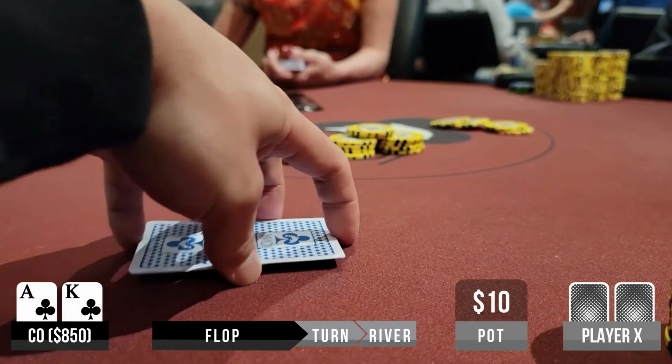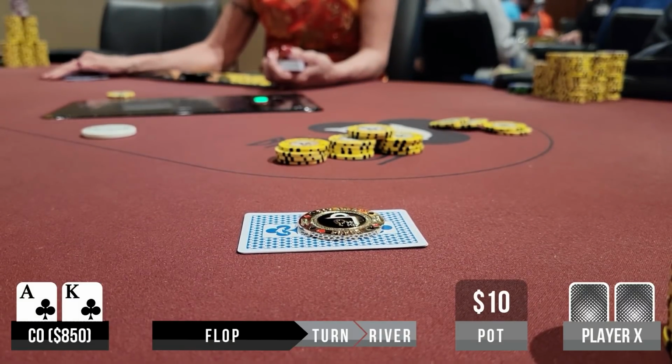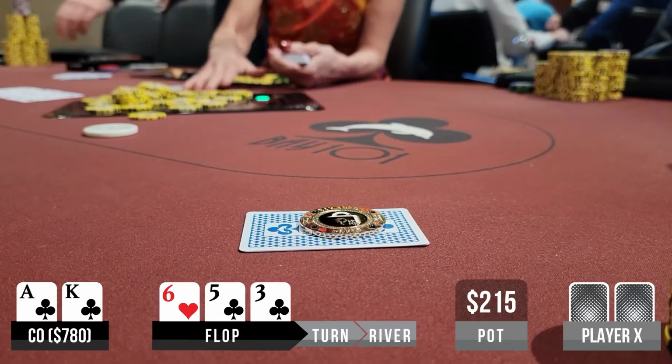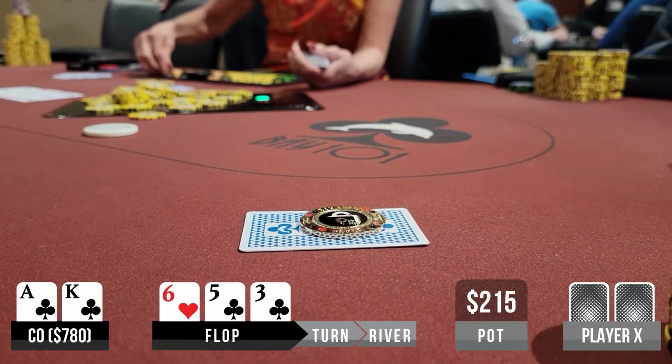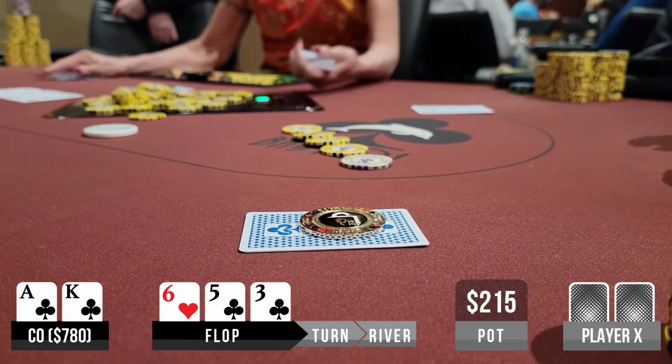There's a hijack raise to 20, and I 3-bet to 70 from the cutoff. Big blind cold calls, and the hijack comes along as well. We go 3 ways to a flop of 6-5-3 with 2 clubs and a heart, so aside from flopping a made hand, I get an easy board to continue on. After they both check, I put out 120, and that's enough to get the job done as they both fold,